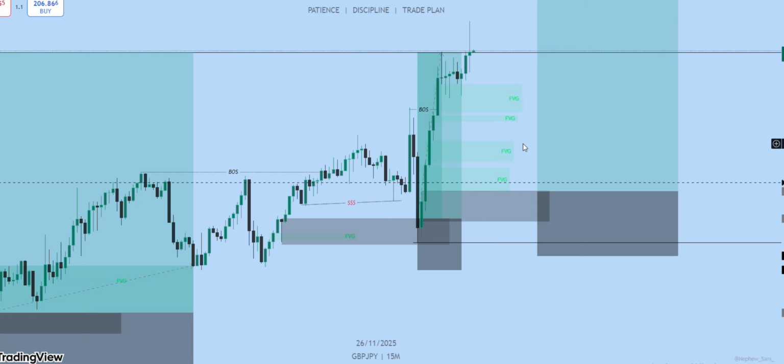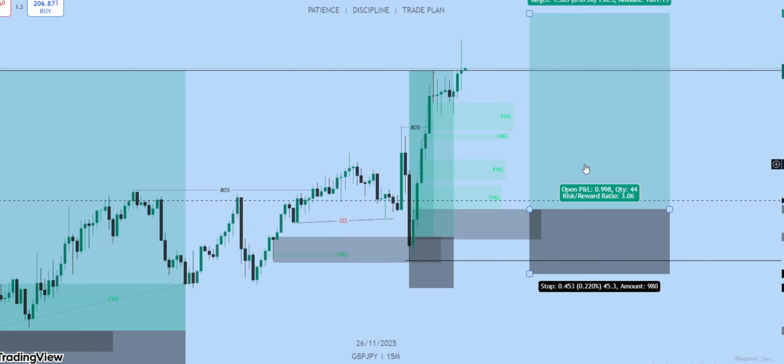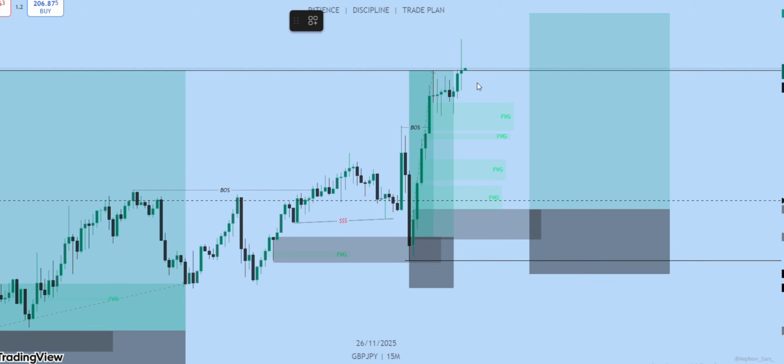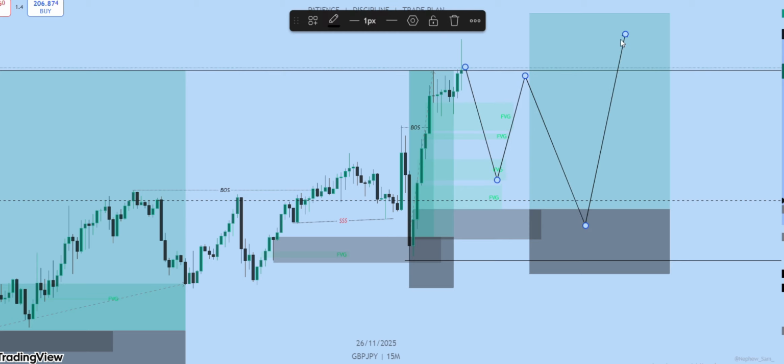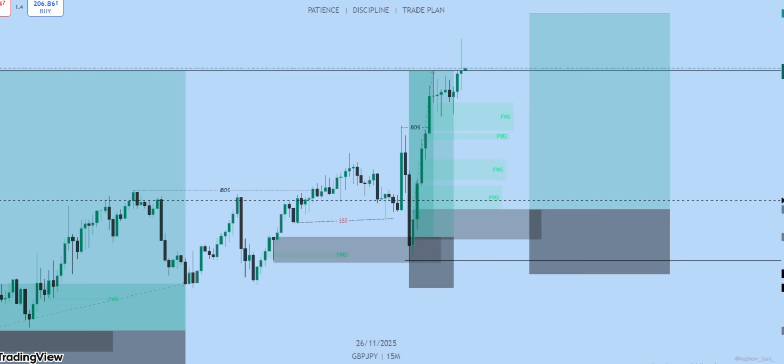So for me to validate this particular setup I'm looking at now, I need price to still form a liquidity level. Either price might come back, probably here, push up, and then come back to take it out, and then push up, right? But if price starts coming down from here, let's say price starts coming down aggressively now,